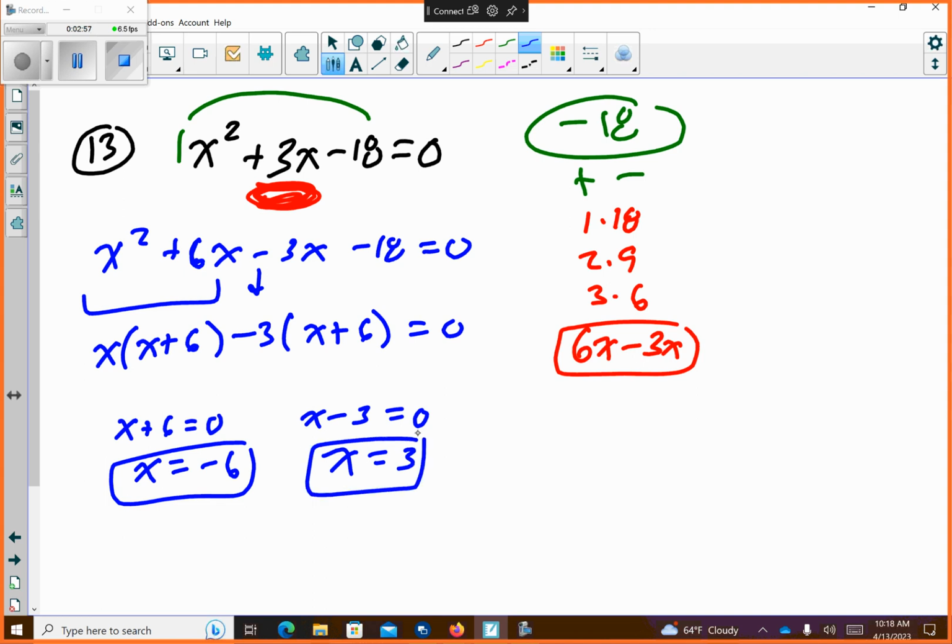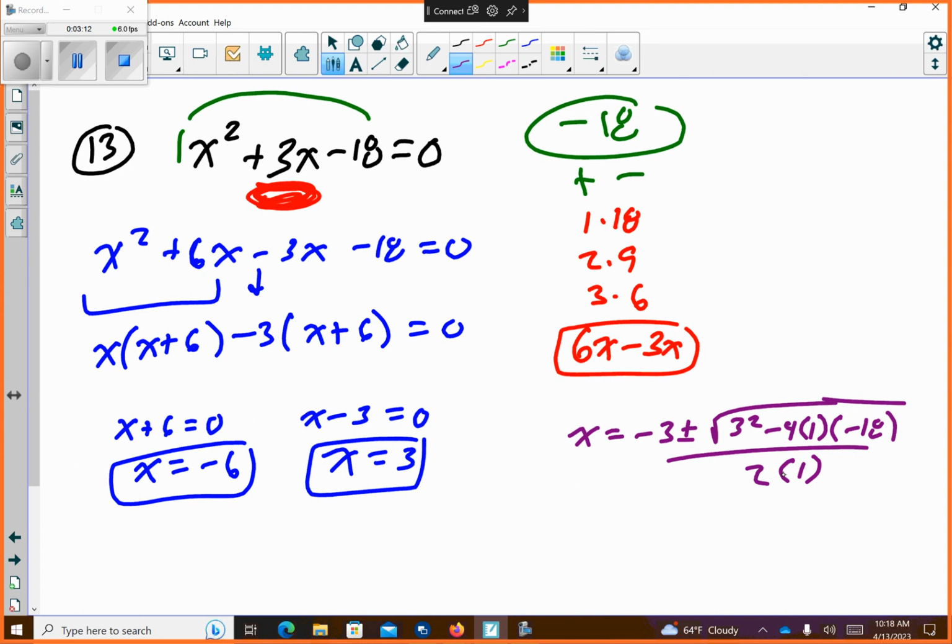Okay? Now, if you did the quadratic formula, you're going to get x equals negative 3 plus or minus the square root of 3 squared minus 4ac, all over 2a. This would get you the same answers, but a problem that I often have with the quadratic formula is